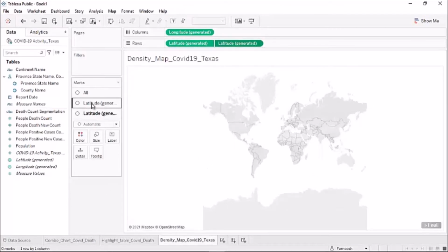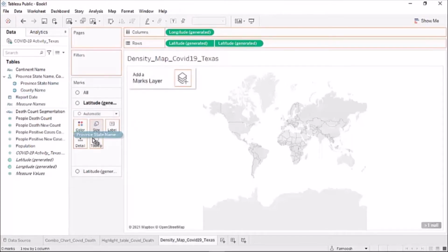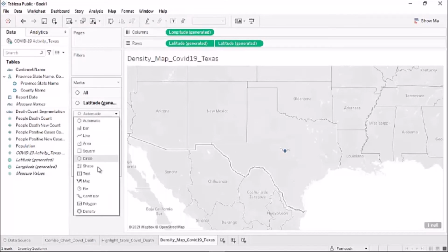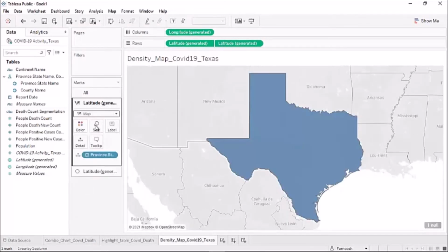In upper layer I drag province state name to detail in marks card in the upper layer, and here I select map from drop down menu,